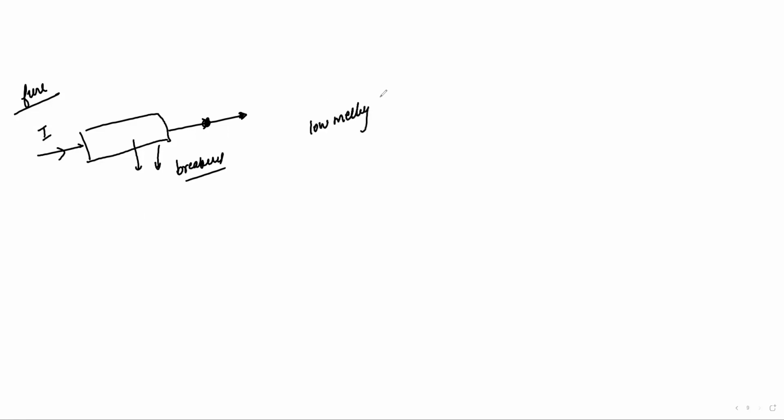Low melting point means that when the temperature goes slightly higher than normal, the fuse wire will just break open, and it'll prevent any excessive current flowing into the house. It is always connected in the live wire. There are 3 types of wire: live, neutral, and earth. It is always connected in the live wire because if the fuse breaks, the current will not go inside the circuit. So now it'll be safe to touch the appliances. You'll not get shocked.